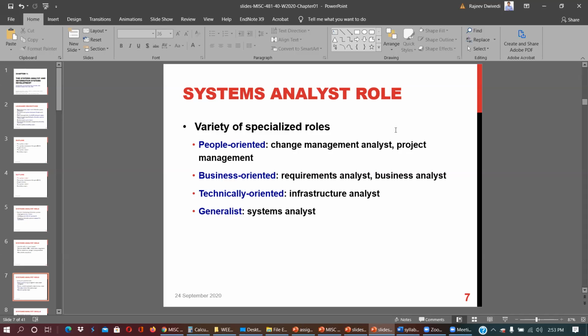When any process is currently running with an existing system or with traditional manual processes, and a new system, new software, or new technology is placed, a huge amount of change management is required. It means the way we do business is transformed into a new way of doing business, and that requires